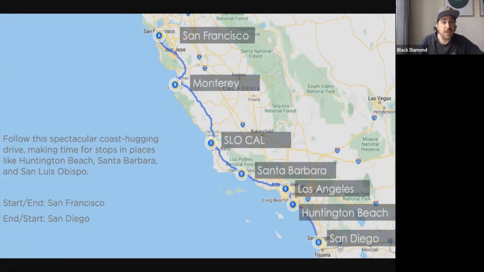So San Francisco tends to be our start point, our gateway. San Francisco is a 2 or 3 night destination. You don't really need to spend much longer than that. It's a nice, easy, walkable city. Most people know San Francisco pretty well, so I'm skipping over it a little bit, and we're going to crack on to more of the road trip.